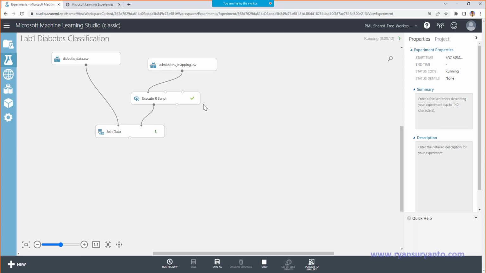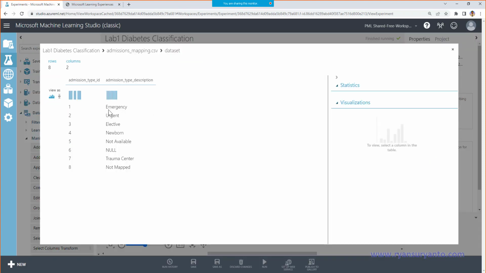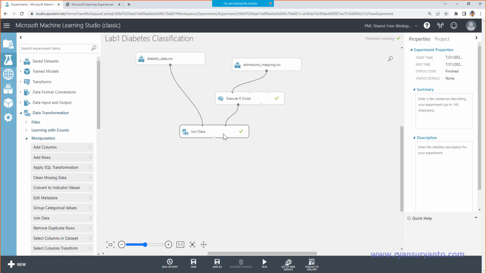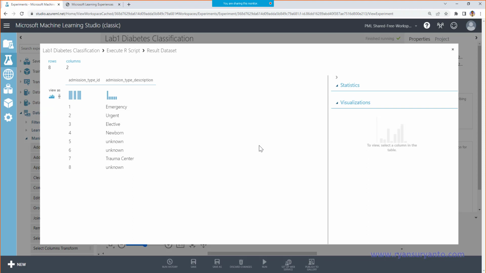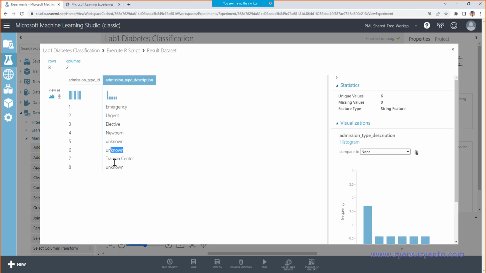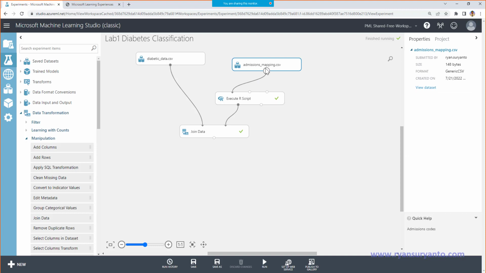Okay, so let's temporarily look here at 1, 2, 3, 4 until 8, and then after running the script, you see this 5, 6 and 8 replaced with unknown. Not available and null changed to unknown.